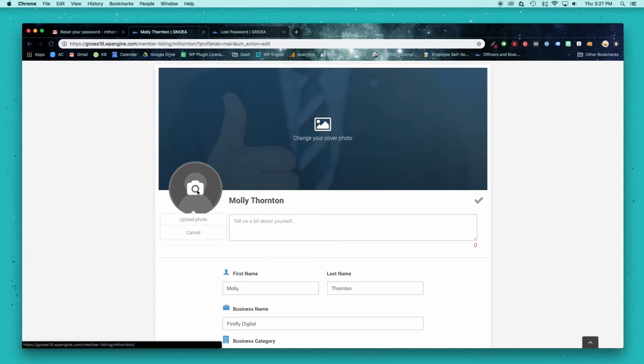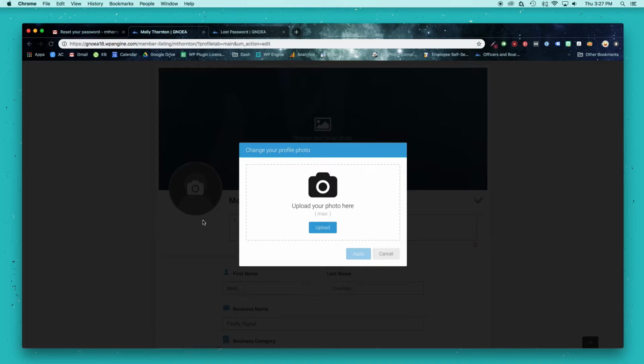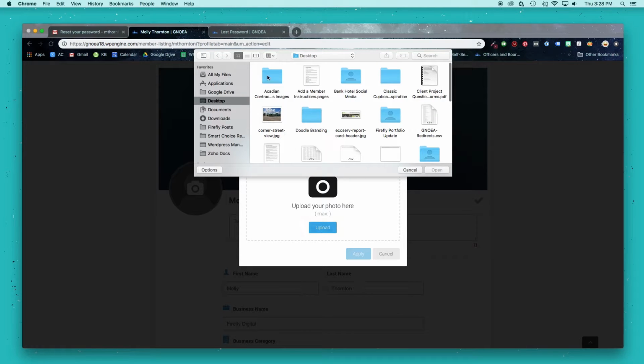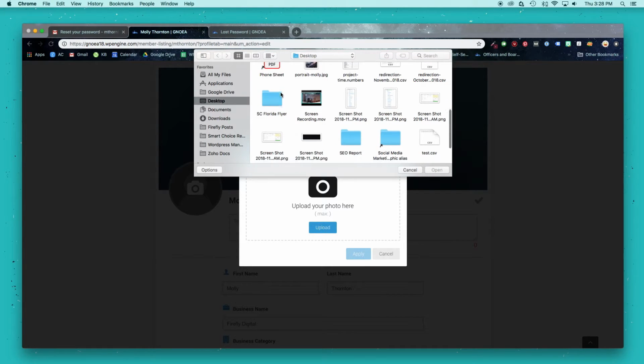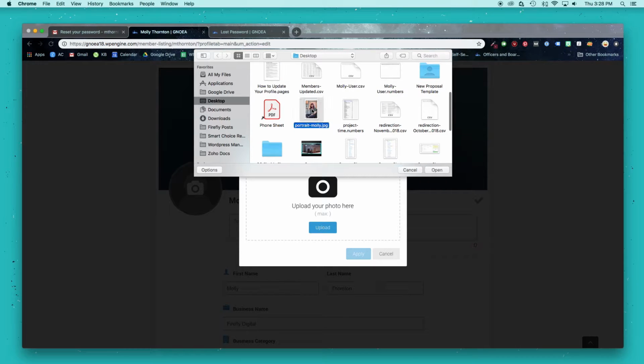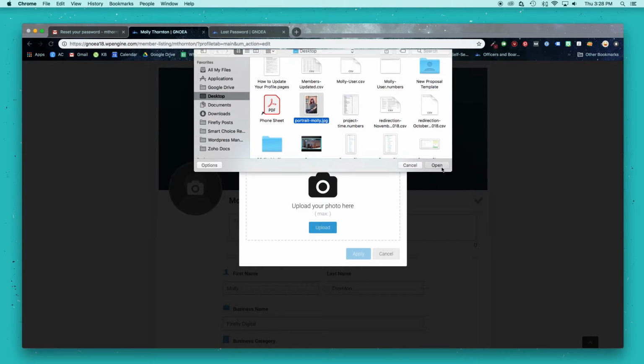So I'm going to add my headshot. I'm going to click here on this camera, and that's going to make this little dialog pop up. I'm going to hit Upload Photo. Next, you're going to want to hit the Upload button, and that's going to bring up a little menu where you can search your computer folders for the picture that you want. So I'm going to grab mine, hit open,